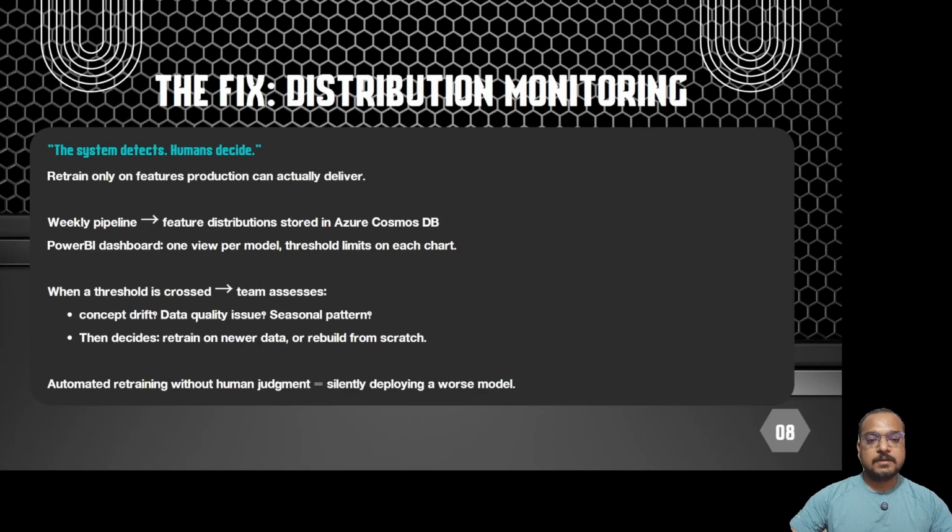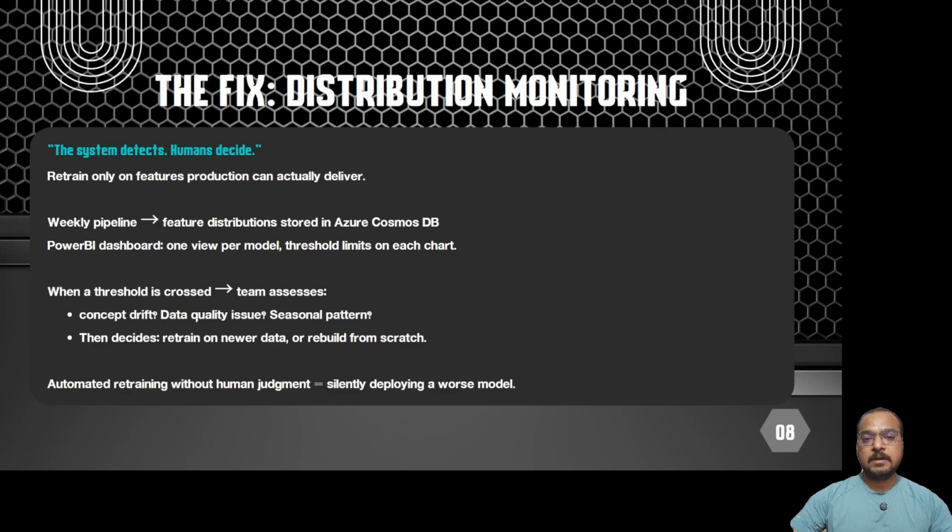How did we fix it? Two fixes, one reactive, one proactive. Reactive, retrain on what production can actually provide. Stop building models that depend on features your serving pipeline can never deliver. Proactive, we built a distribution monitoring pipeline that runs weekly. Our data engineering pipeline computes the distributions of important features, missing value rates, category frequencies, statistical distributions for each model